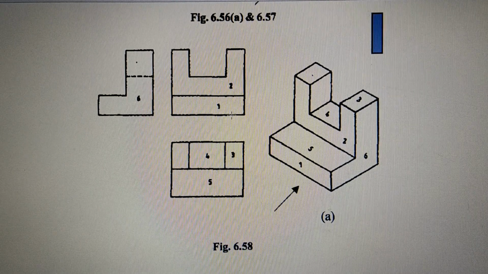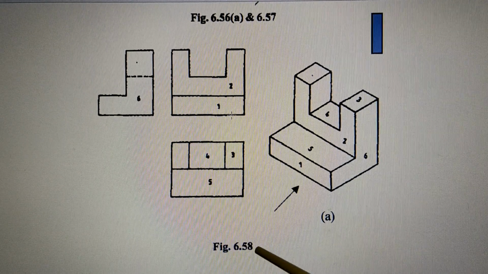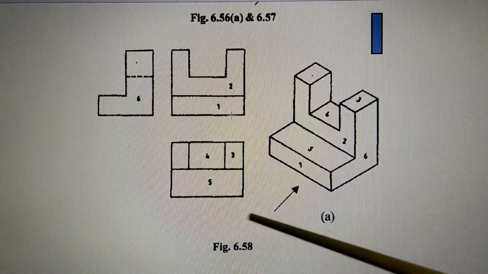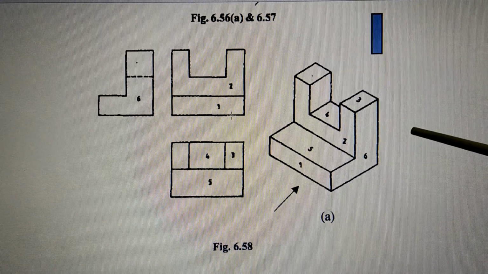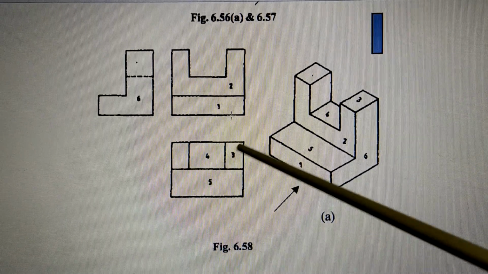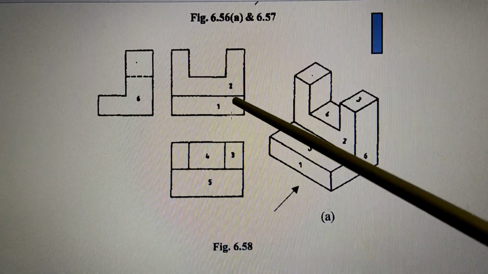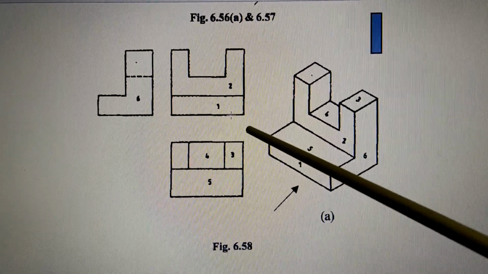Okay, so you have to basically copy the figures. I am going to show you which figures you have to draw. Suppose I have told you 6.58, then you have to draw this full 6.58. Okay, as it is. But then, as I said earlier, you have to understand why it is drawn like this and then draw. Okay, although you are copying, you must understand why it is like this.